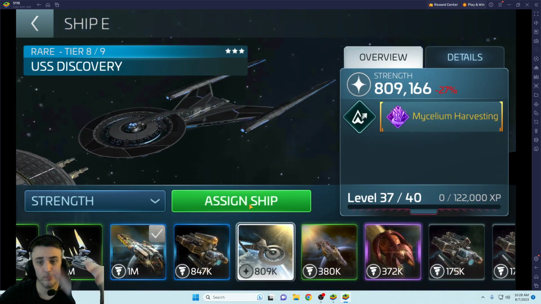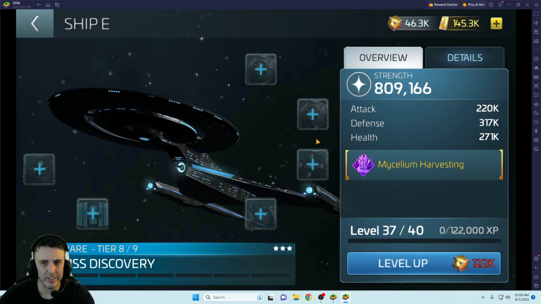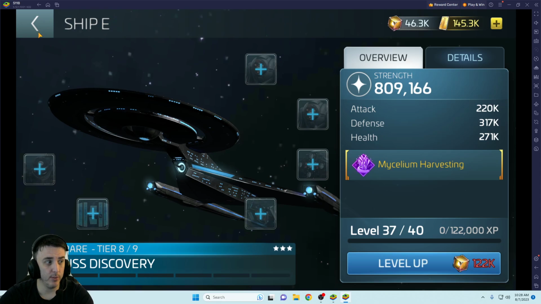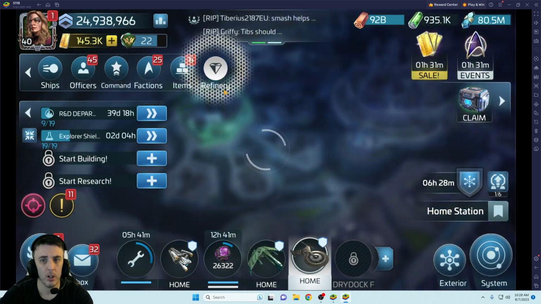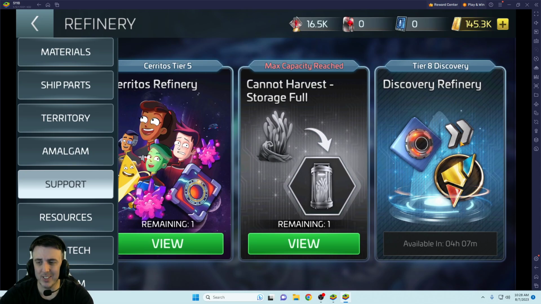Other change at 40. Forgot to mention this one. If your discovery is tier 9, and you are ops level 40, your faction bundle, your resource bundle in the refinery does change. So in addition to what's in here for you to pull, these regular materials, the spores and the speed ups and things like that, you get an additional guaranteed speed up. Every chest has 4 one-day speed ups in it,